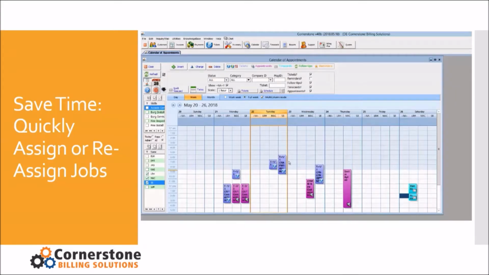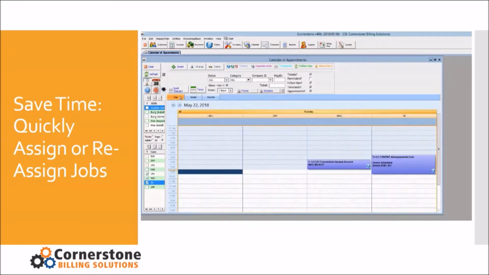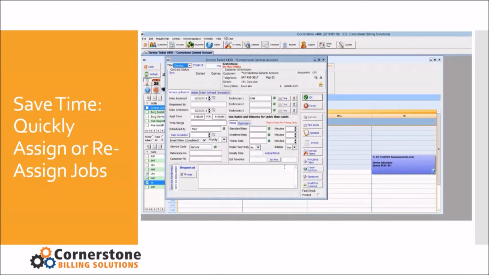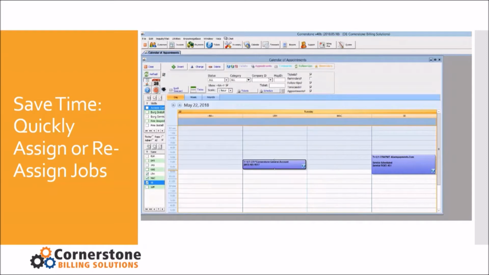So every good service management software should include a calendar, and what you're seeing now is a video of our calendar. It's an easy drag and drop. So let's say somebody calls in sick. You want to be able to go to a calendar. It should be easy to look at, it should be color-coded, and if somebody's out sick today, you need to be able to drag and drop their appointments from one technician to the other.